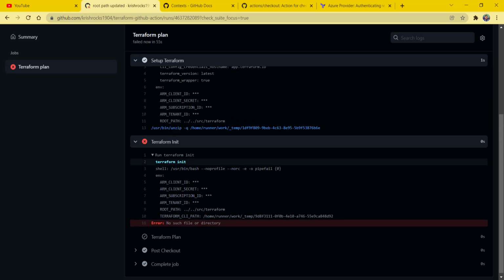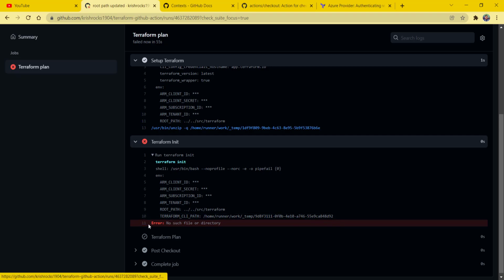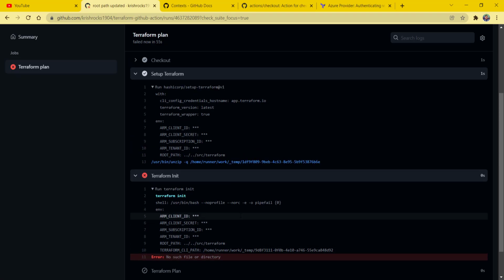It's trying to run the Terraform initialization with the same variables with this particular default path, which is the path of the Linux server. In this particular path, we are setting up the Terraform initialization, and we are appending the root path to that, but it's failing. The reason for that is that we are using a relative path, and it's not able to find the relative path to go two levels up.